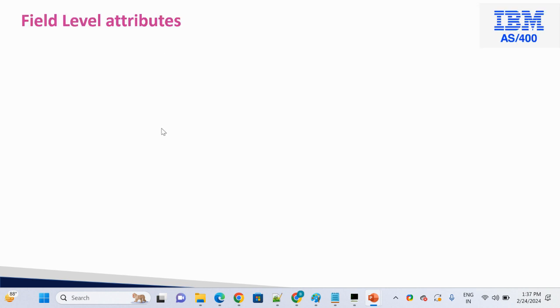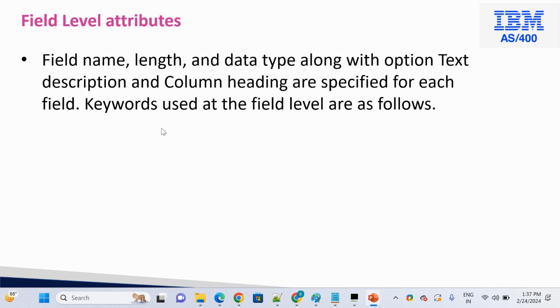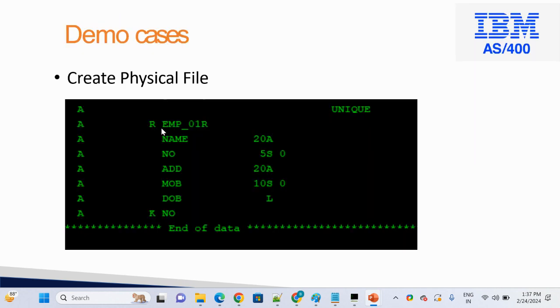So physical file, the file level, and the record format level, and field level, and key field level. So next we'll discuss the field level attributes. What are the field level attributes? Here you define the fields: name, number, address. And when you want to do some query on this physical file,